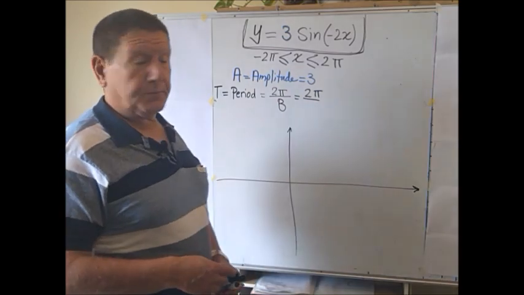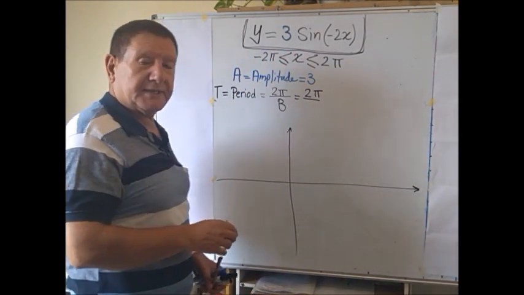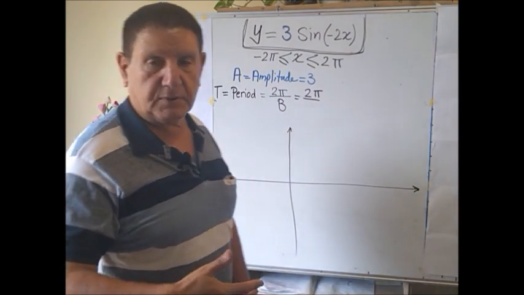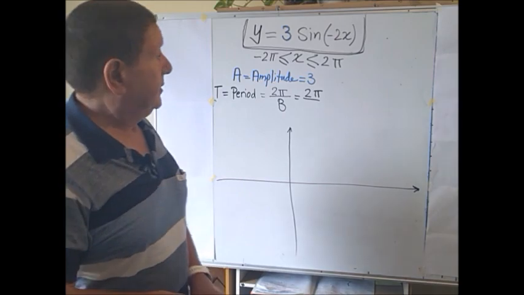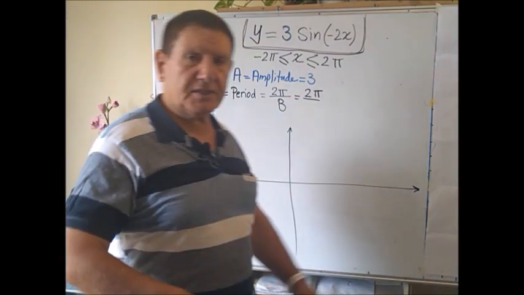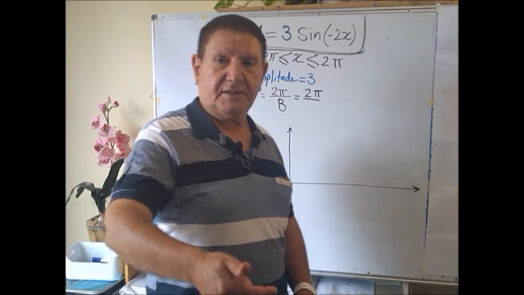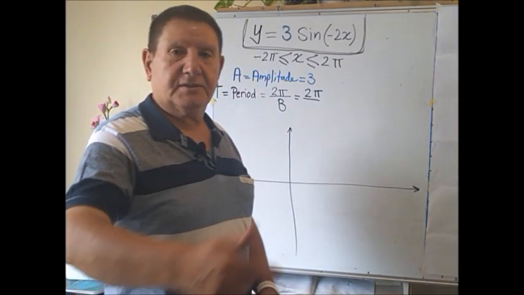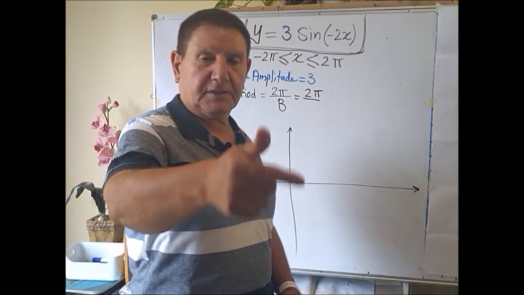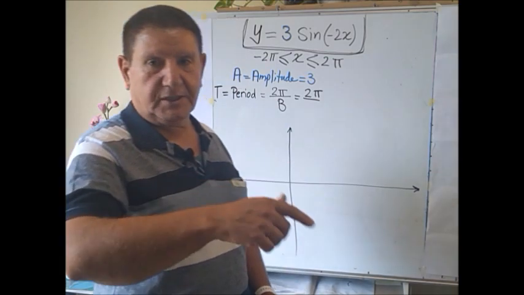Today we're going to plot the graph of y equals 3 sine minus 2x. This is an example of plotting trigonometric functions. We know that trigonometric functions are periodic functions, meaning they repeat themselves. They are wave functions. That is, they repeat themselves like a circle goes round and round, and see waves